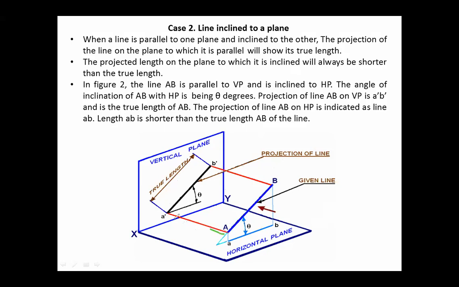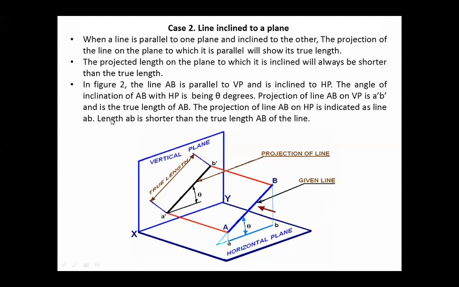Projection of point A is drawn here, B is drawn here, and they are joined. And inclination will be given to you. How much inclined it is with the horizontal plane, that will be given. So point A you will mark here, you will measure that given angle and draw that line, and in that line you can easily draw the actual length. You can cut this arc here, so you will get this line.